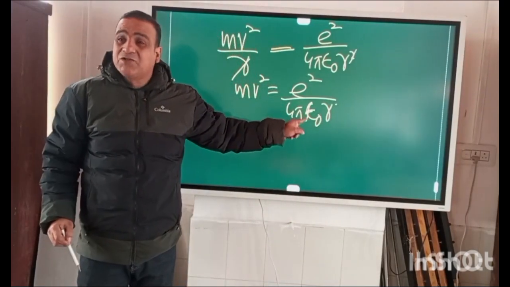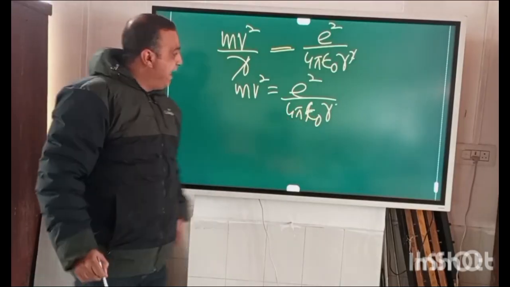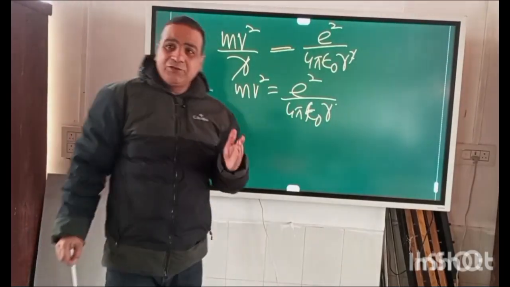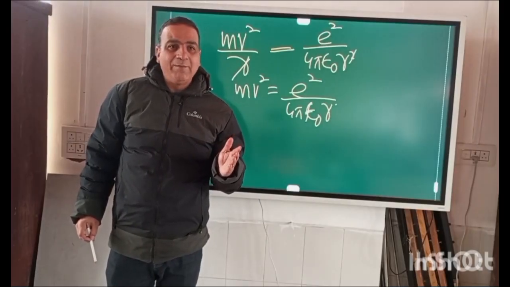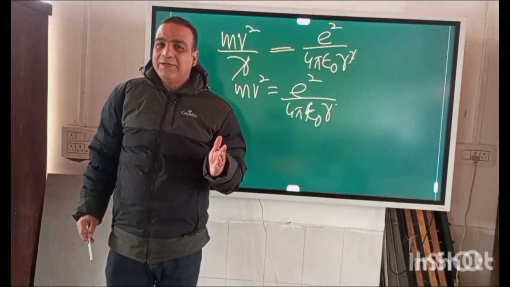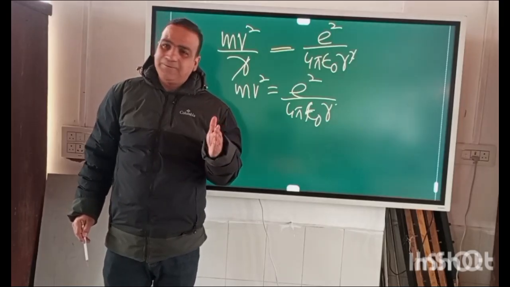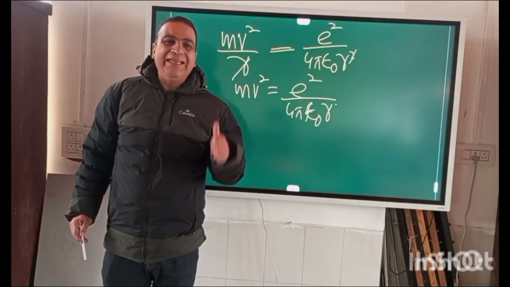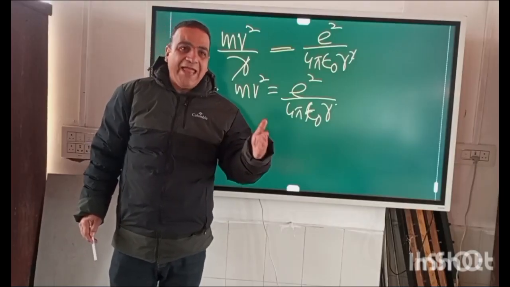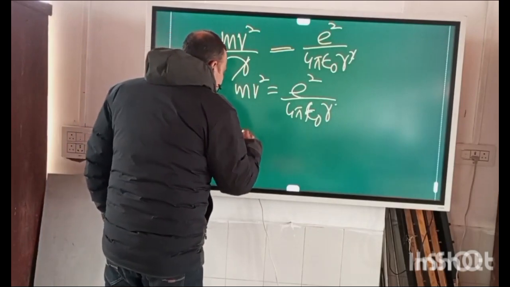Come on, this r is the Bohr orbit. This is the radius of the Bohr orbit, right? And the next postulate, come on, you remember? You don't remember that? It was that the angular momentum of the electron in the hydrogen atom is simply equal to an integral multiple of h by 2 pi. So the second postulate,